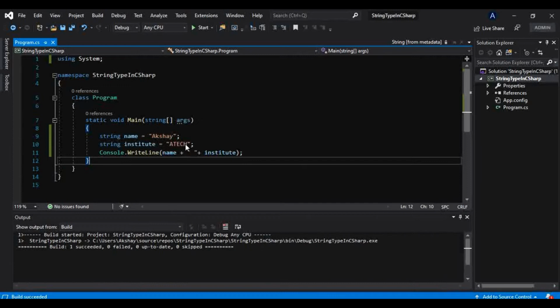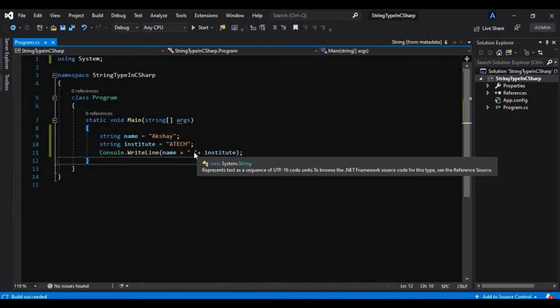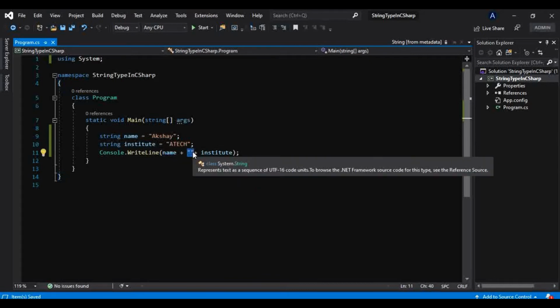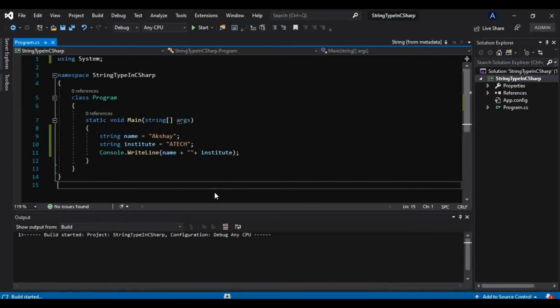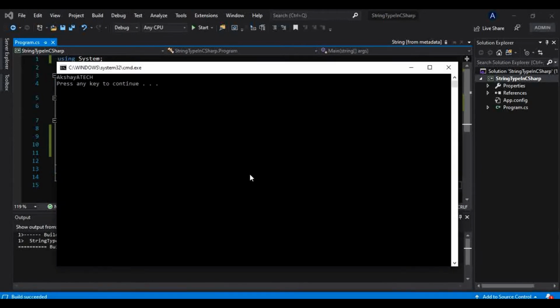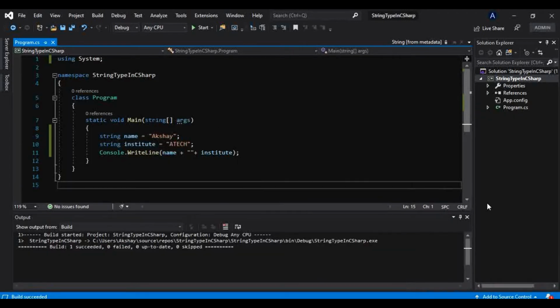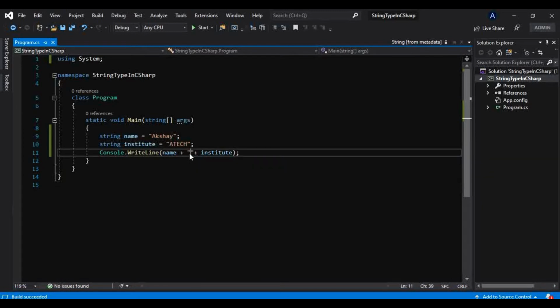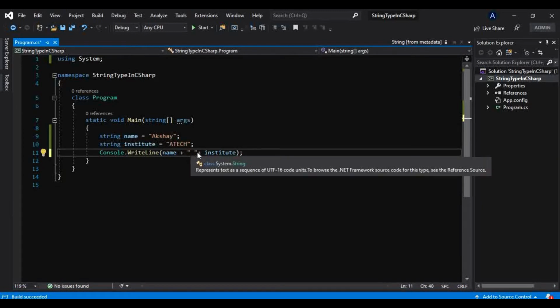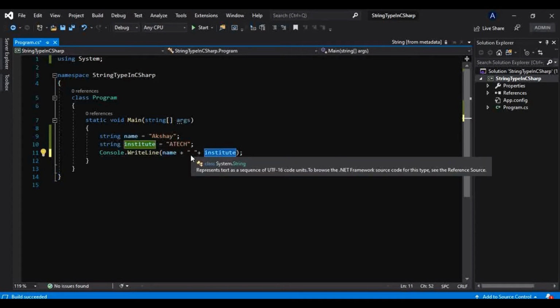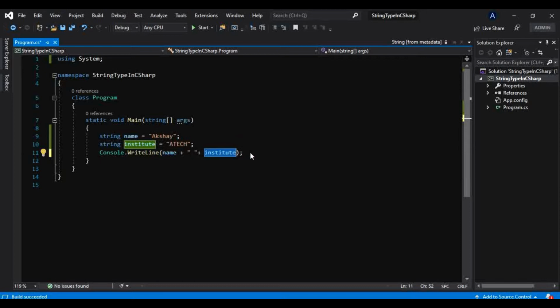But what if we don't give any space inside this inverted comma? It will treat this as nothing. So I will show you. There is no space between these two words. So to work that out, we just need to give a space here, and now this space between these two inverted commas is separating these two words. So that's how we can concatenate two strings in C#, by using this plus operator.